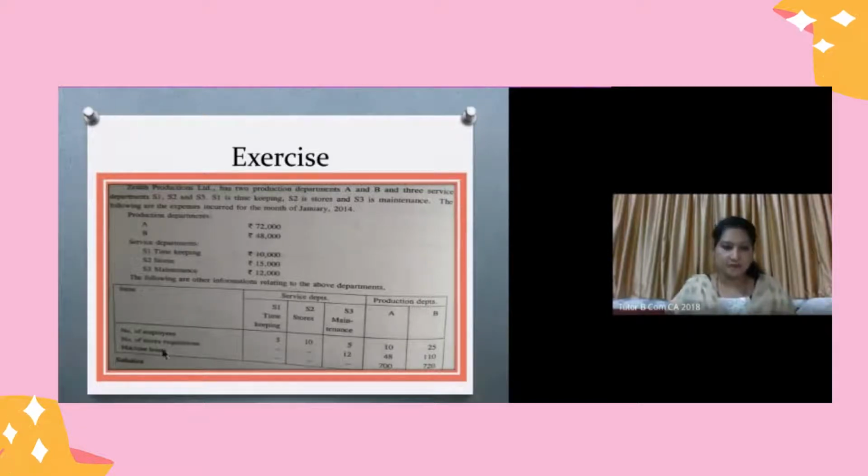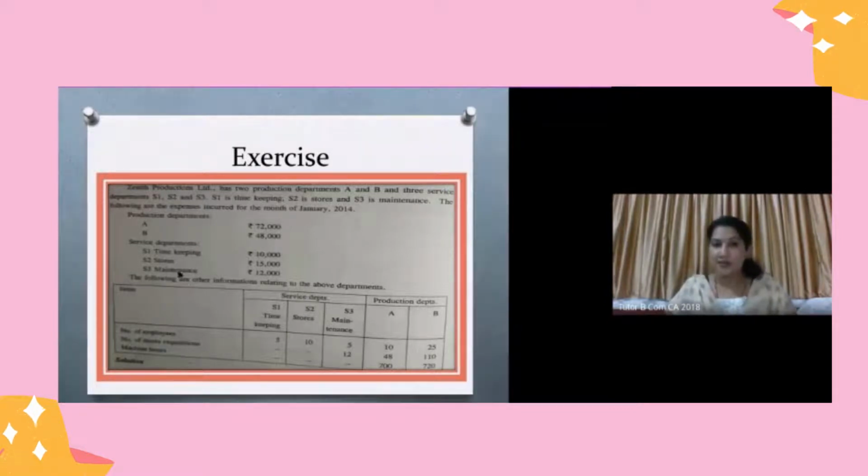You can see that for the number of employees, they've given the ratio for all the departments, which means it will be shared with service department 2, service department 3, and also production departments A and B. But in the case of stores requisition, they have only given the ratio for S3, A and B, which means S2, the service department 2, will be shared between these. It will not be shared between S1 and S2. That's how in the step ladder method it happens in the form of a step, and then you are nullifying the total expenses.